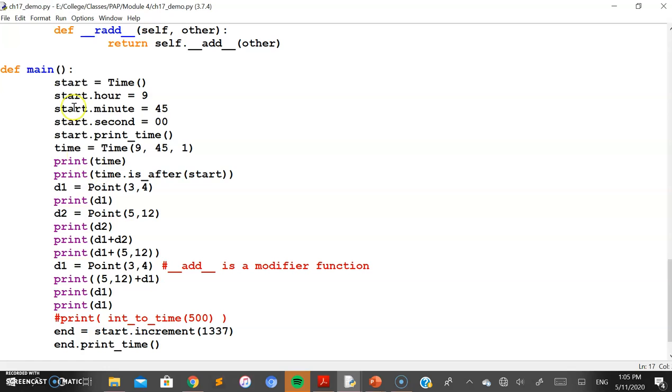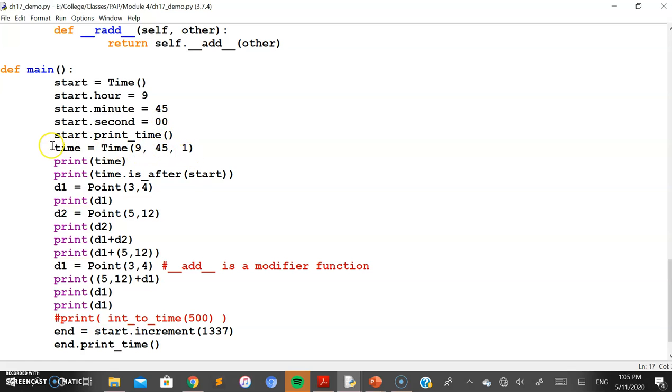Basically, this first part of the example, from start till start dot print underscore time, is the traditional or conventional method that we discussed in the previous chapter. Let's see how it is different with the str method with the classes and methods here. Another object has been created for the class time, where three values have been passed as parameters. This is what is different from the traditional method in the previous three statements. Instead, we have just passed three values here.